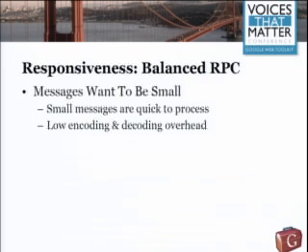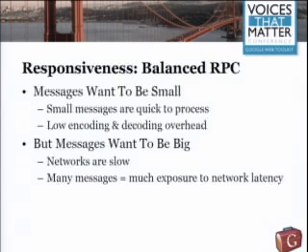But there's a tension in RPC, which is that messages that you send over the wire want to be small because small messages are very quick to process. They're quick to encode and decode. They're relatively efficient CPU-wise over the wire. But the flip side is that messages want to be big because networks are very slow. And the more messages you send, the more variation there could be in how long they take to come back, the more latency you're exposed to. So there's kind of this balancing act between the pressure to make them small and the pressure to make them big. So the best practice here is to only pull the data that is visible to your user at the